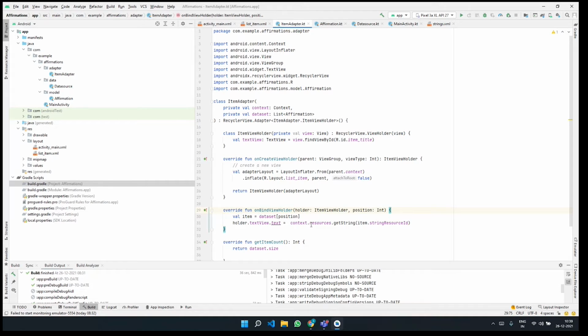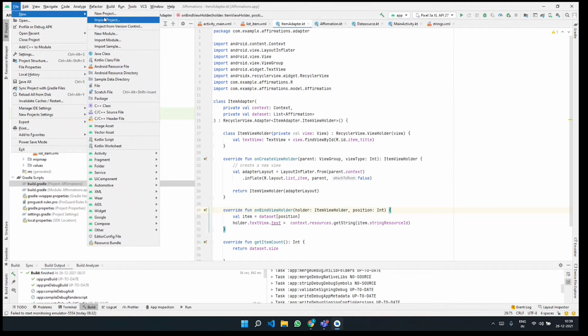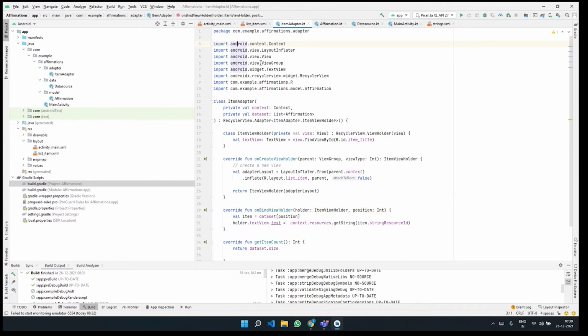So once you create an empty activity project, it is really simple. You just need to go to file, and then you need to go to new, and then you can create a new project. And once a new project is created, a text view is basically displayed on the front of the screen.